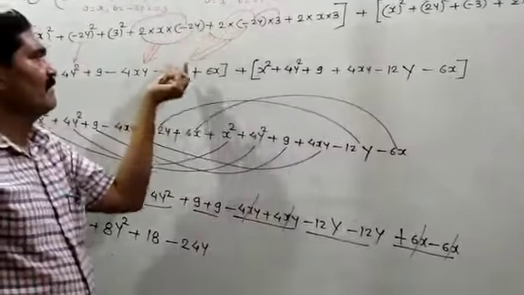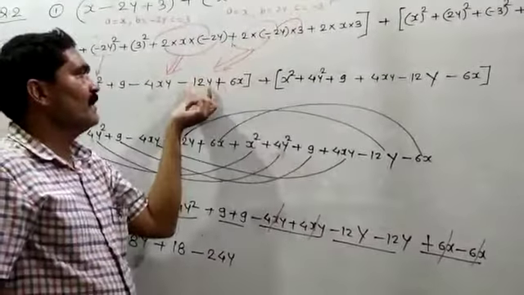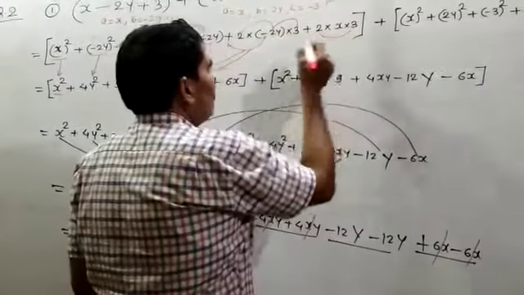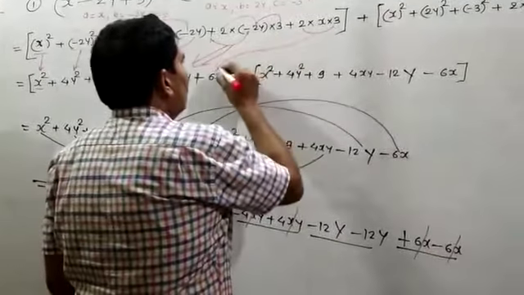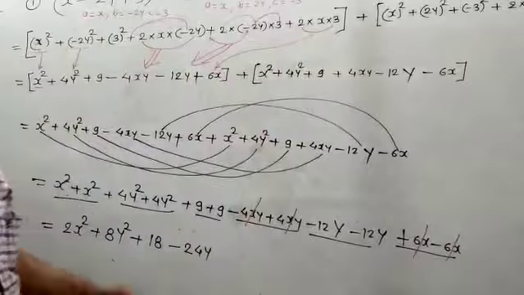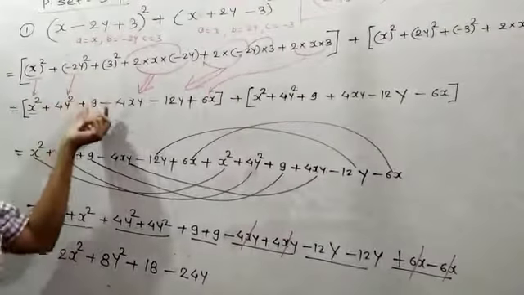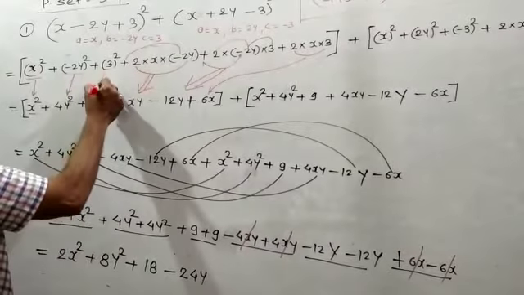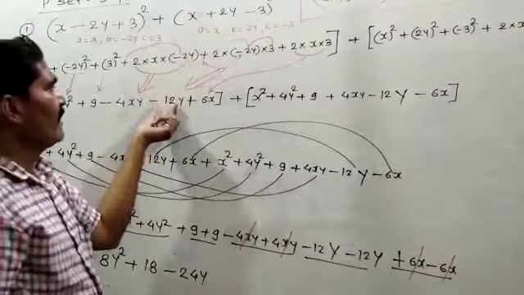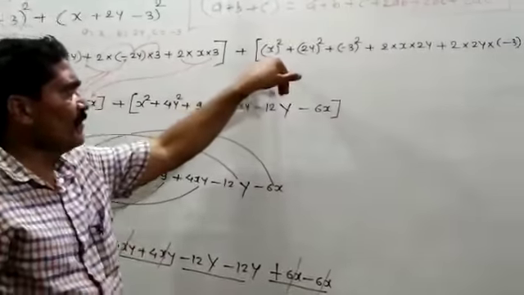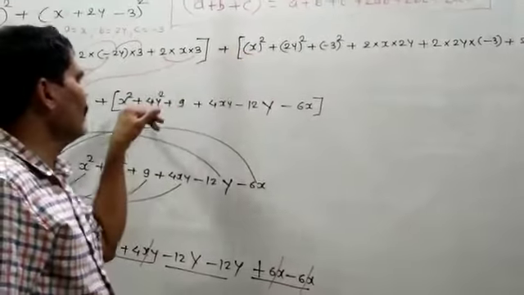Plus multiplied by minus is equal to minus, 2 2s are 4, 4 3s are 12y, and this 2 3s are 6x, you have to do the product. This will come here. Everybody understand? This product you will write here, this product here, this product here, this product here, and this product you will write here. Everybody understand? After that you have to do the square of x. Square of x is equal to x².